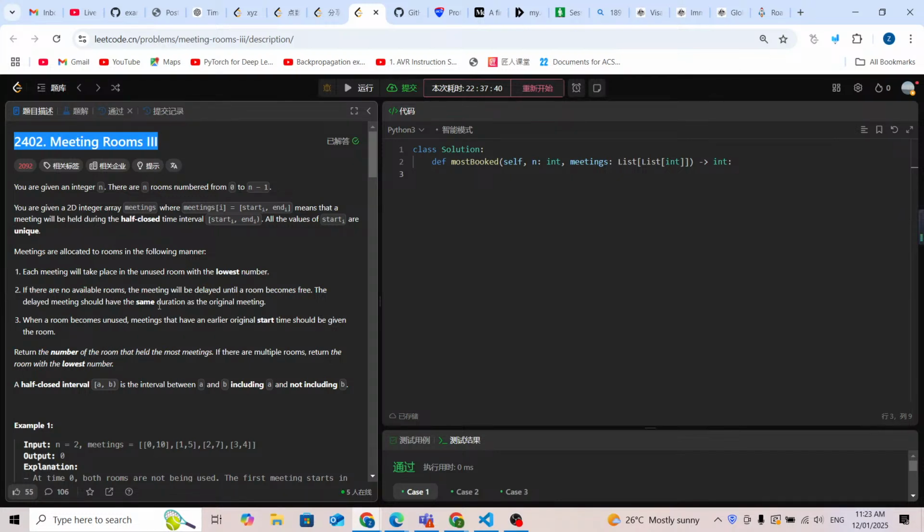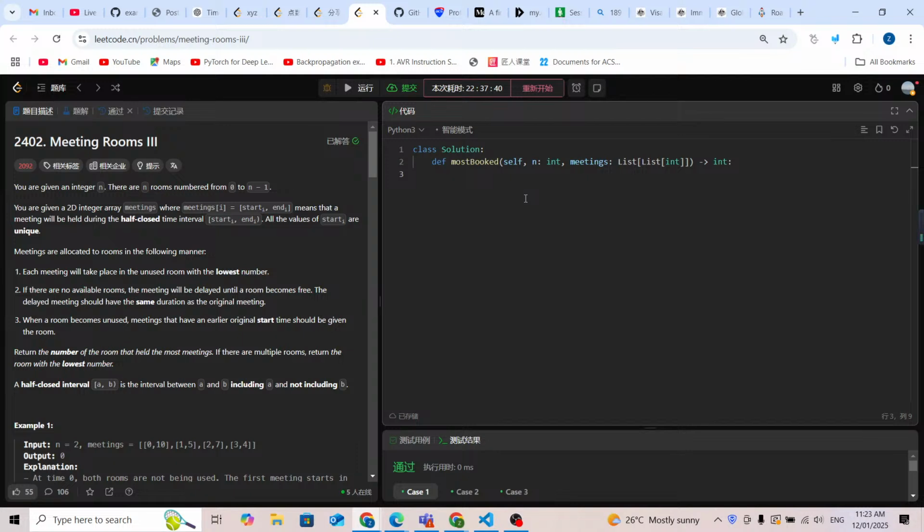Yeah, it is similar to handling the server. There's a Leetcode problem where there are going to be many tasks, and we're going to have n servers, and all those tasks will be assigned to n servers. It's going to be exactly the same problem. Yeah. So basically, we need